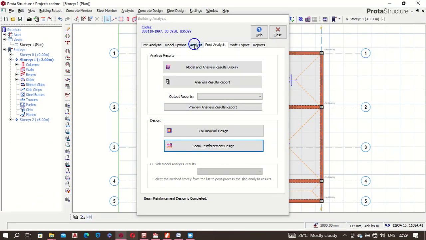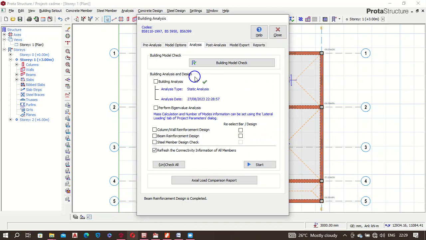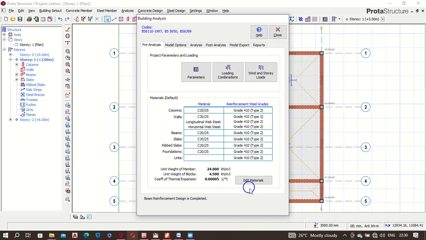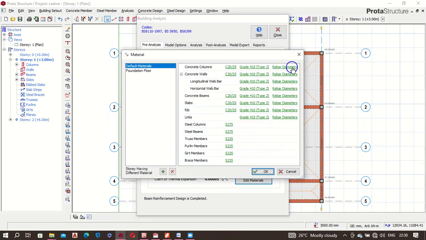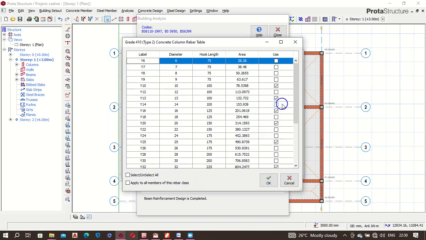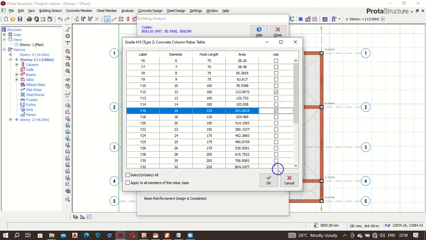Go back to pre-analysis. Go back to edit materials. Let's see what happened. You see? A lot of things got selected when we didn't ask for it. So just select Y12 and Y16 again. Okay,